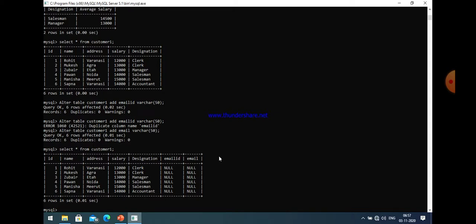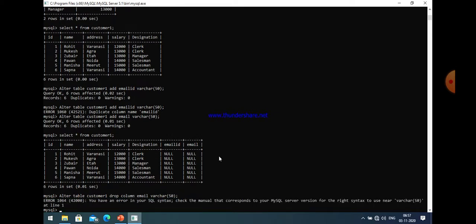Okay, and if you want to delete a column, then for that purpose you must use drop column command. With drop column you have to mention only the column name. Data type and size is not required. If you do that, it will give you an error. Okay, so just write drop column and then give the column name. So alter table,